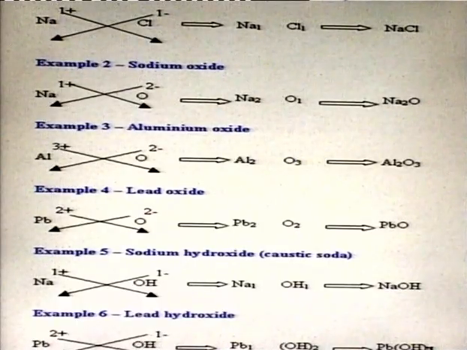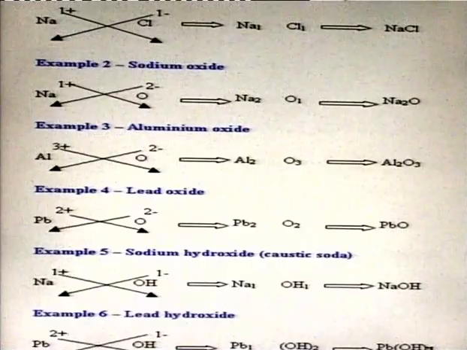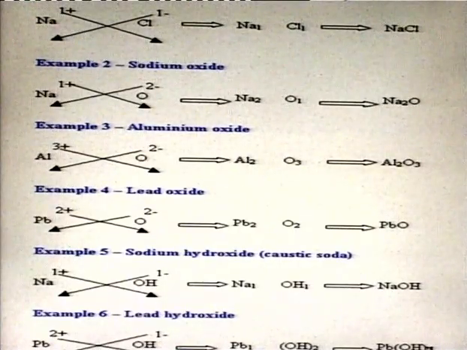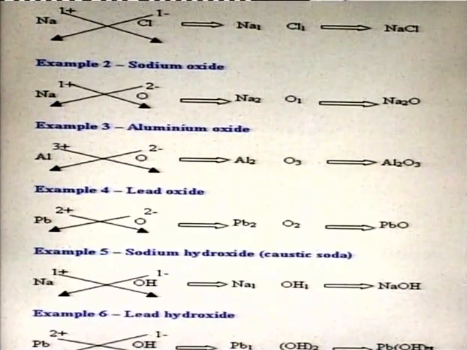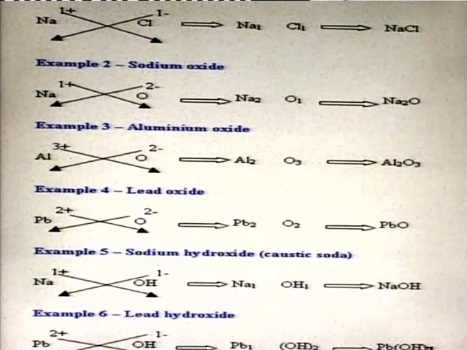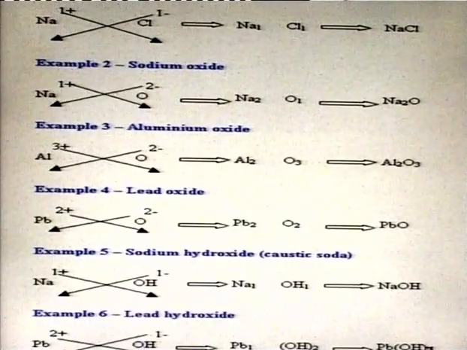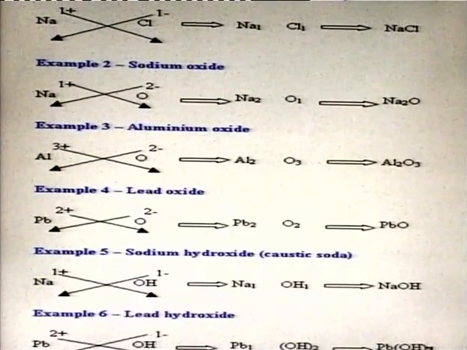Then Al3 and O2 negative, that is aluminium oxide. You know the valency of aluminium is Al3 positive and the valency of oxygen is 2 negative. So crisscross the valencies, 2 towards the bottom of aluminium and 3 towards the bottom of oxygen. So there is no common factor, you can write the formula as Al2O3. Similarly for lead oxide, write down the cation, that is lead having valency 2 positive, and oxygen having valency 2 negative. Then crisscross the valencies to the bottoms, 2 towards the bottom of lead and 2 towards the bottom of oxygen. As there is a common factor, that is 2, take out that common factor and write down the formula